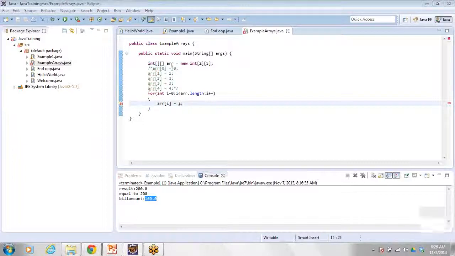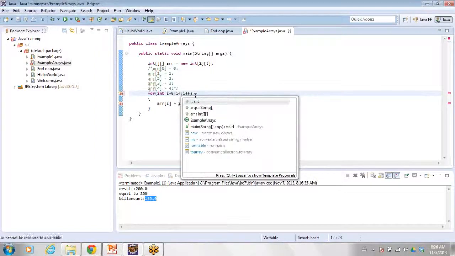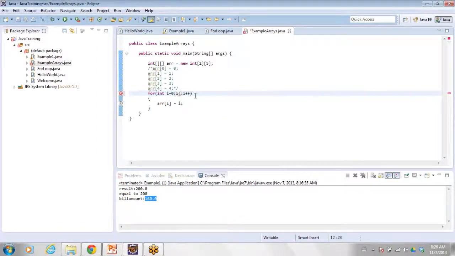So multi-dimensional arrays, how can you access multi-dimensional arrays? In multi-dimensional arrays, you need to use 2 loops.